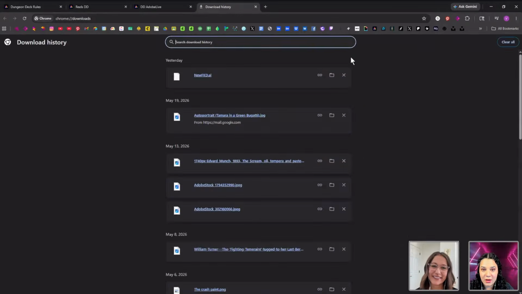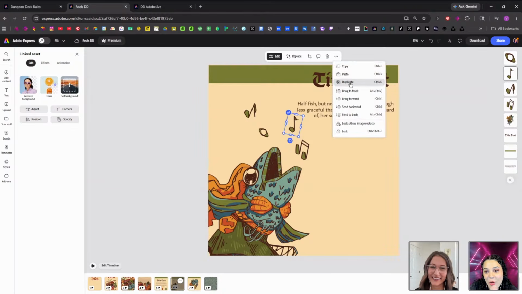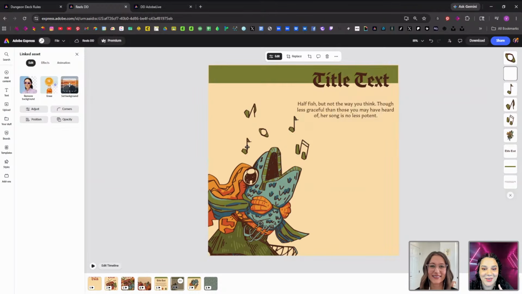Oh no! I did a Photoshop hotkey. It's denied. Let me see. It's asking, do you want to see your downloads? No, I never have. Okay, just go back to doing this. Control D. So it's not control copy paste, but I can do control D for duplicate. And I'm sorry, Express, but I will be using the menus to do things on this live stream from now on. Okay, so we have our music notes.